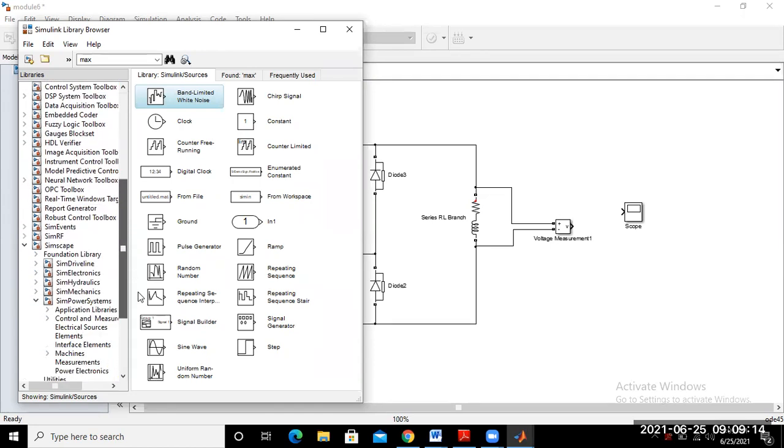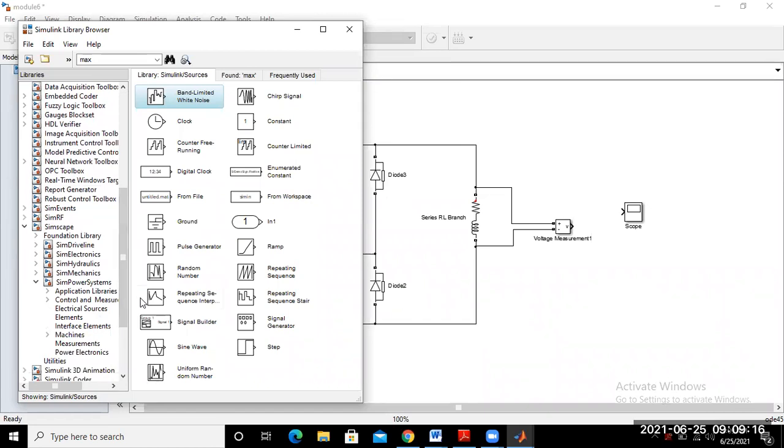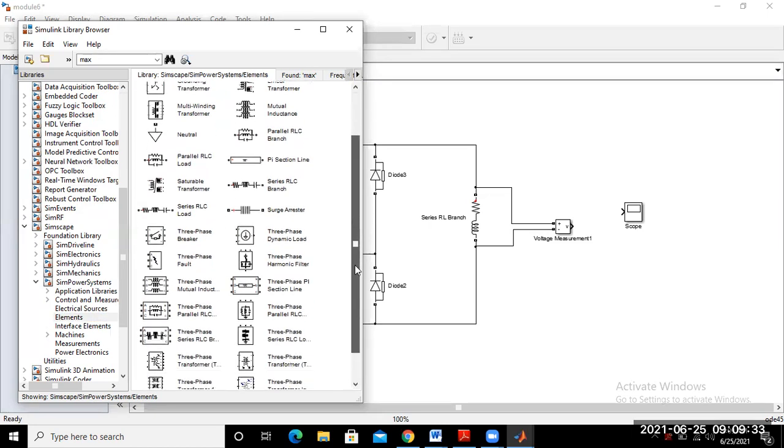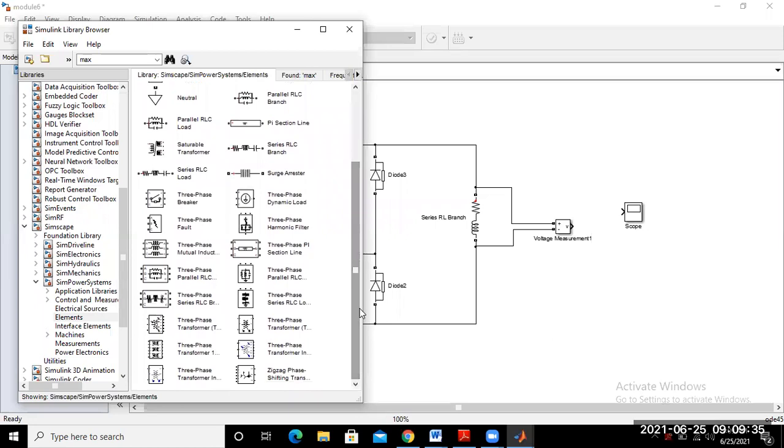Go to the library, measurement, electrical source, and I find here max. No. So just try to set the max from this library.